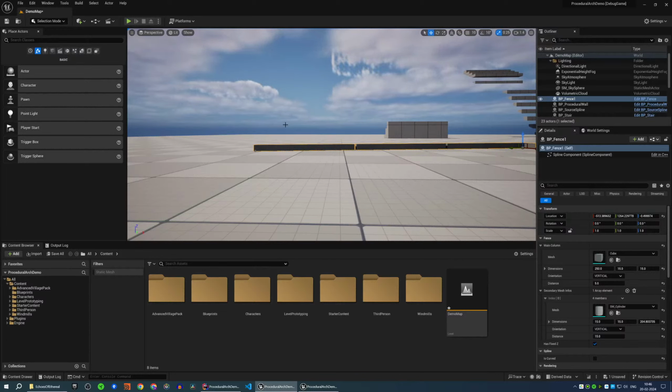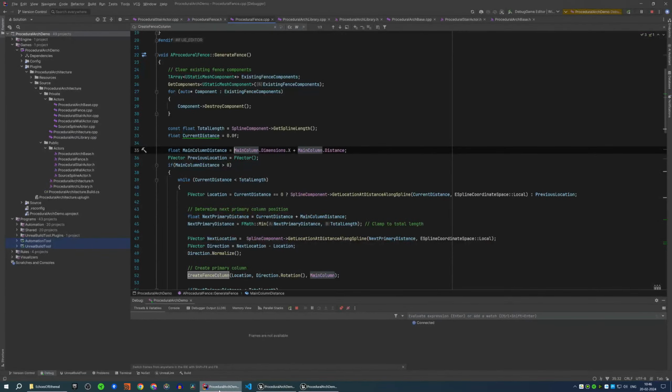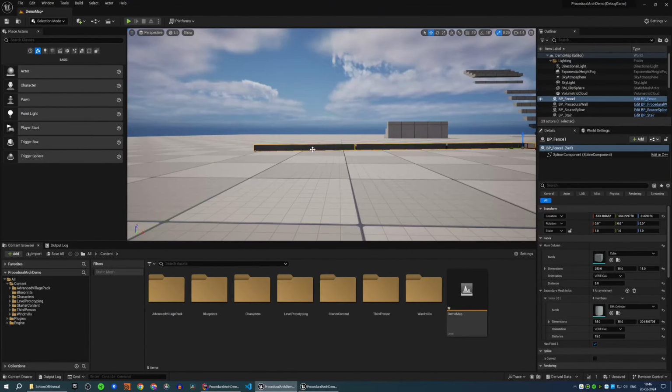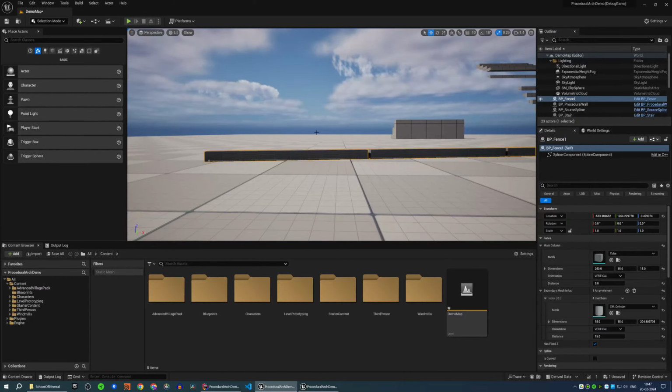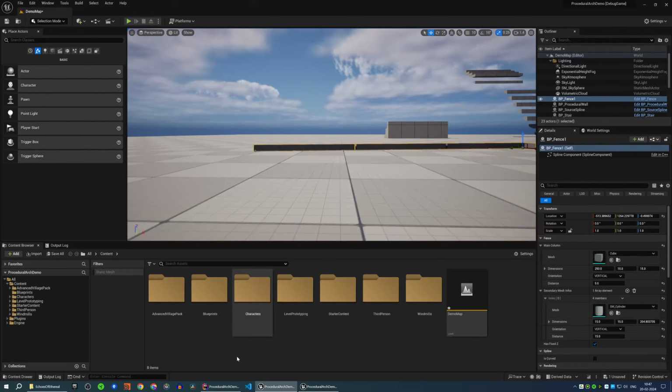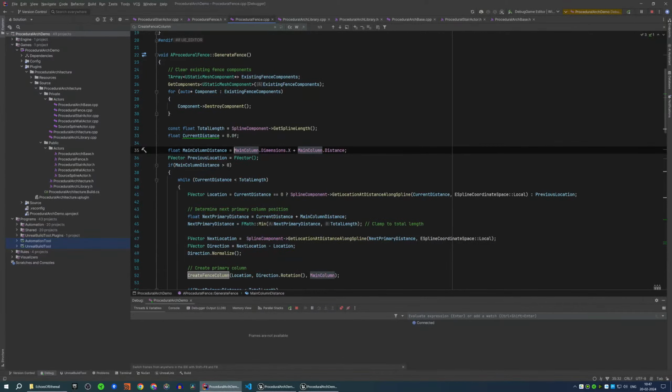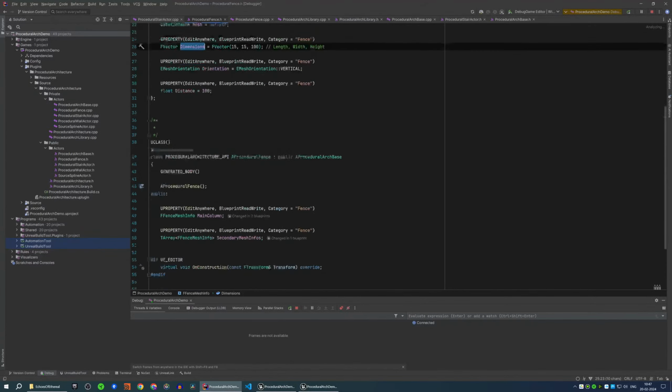So when the orientation is horizontal, then additional parameters are coming into place: the minimum distance from the ground, the vertical distance between each of the fences, if there are more than one, and how many fences to be generated. Okay, so let's add a property over here